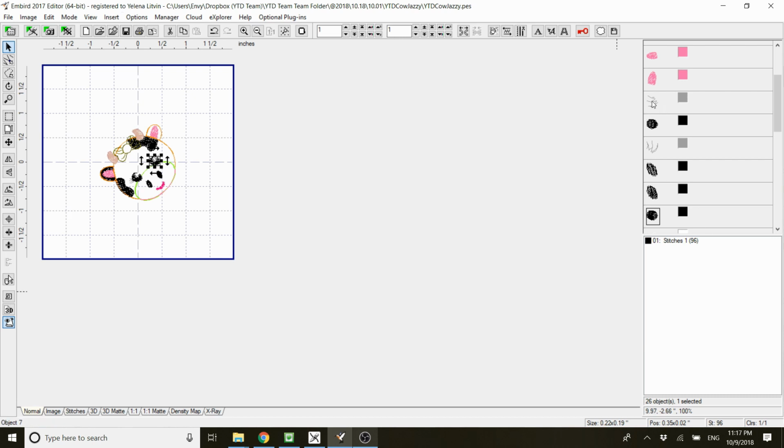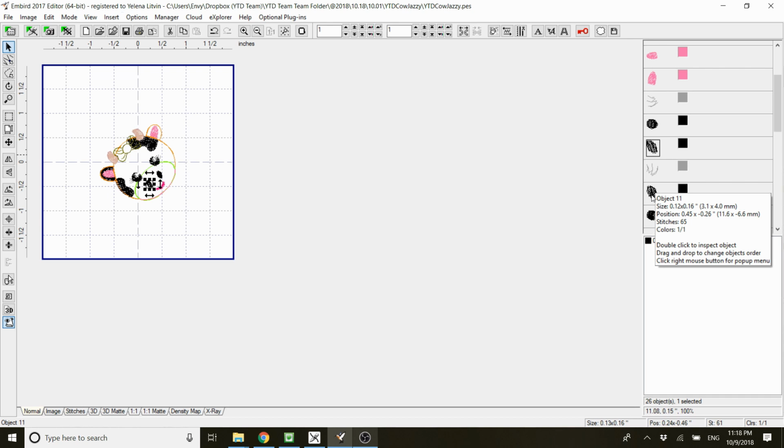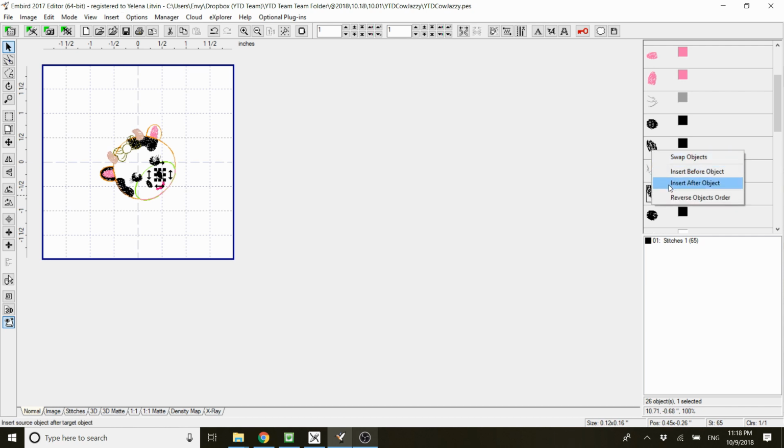So what it's going to do is eyelash, eye, and then I want it to come down and stitch this nose. So we'll move this down here. And that's just me left click and drag it. And then I want it to stitch this other nostril. So left click, drag up, insert after,